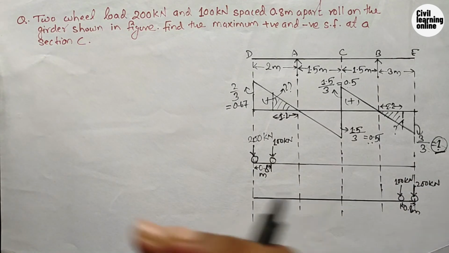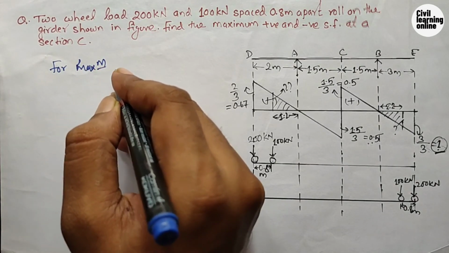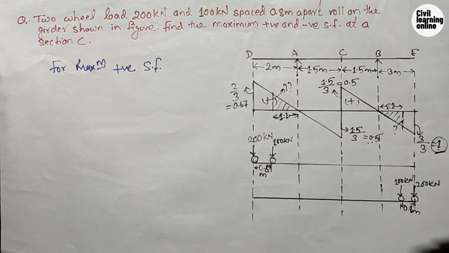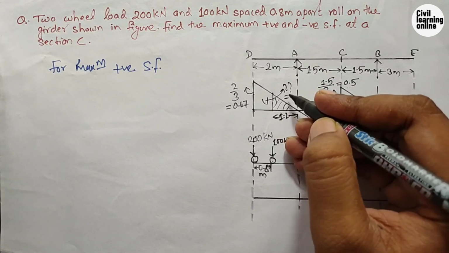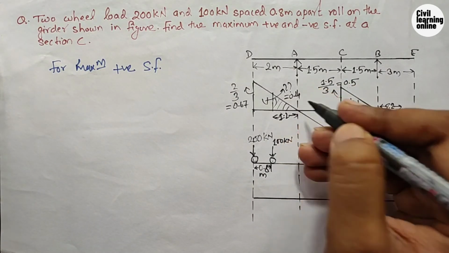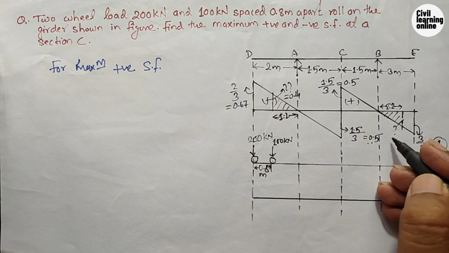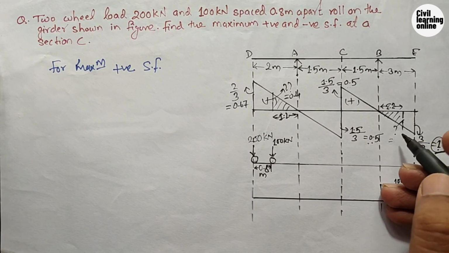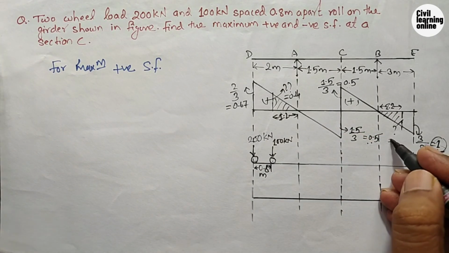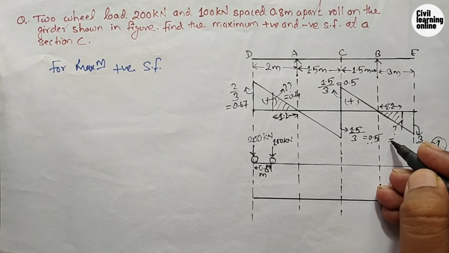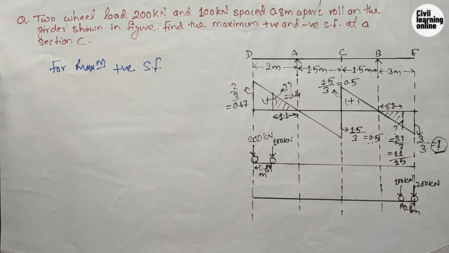So I am going to write it here. For maximum positive shear force. Now guys, I am going to directly dictate the value of the ordinate here. If you have any confusion, then you can leave a text or comment on this video. And if you have watched my previous video carefully, then I don't think that you will face any kind of difficulty in calculating the value of the ordinate under these loadings. The value of this ordinate is going to be 2.2 upon 3, which will be equal to 11 upon 15.